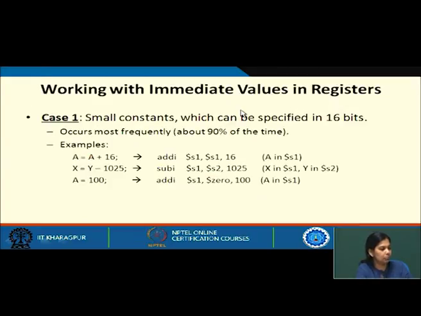Let us see working with immediate values in registers. Small constants: in any programming language we need to add some constant value. So, those values are immediate values that we need to add. In such cases this can be specified in 16 bits, and it occurs most frequently, about 90% of the time you have to add some constant value. Like a equals a plus 16. So, how will you do it? Add immediate